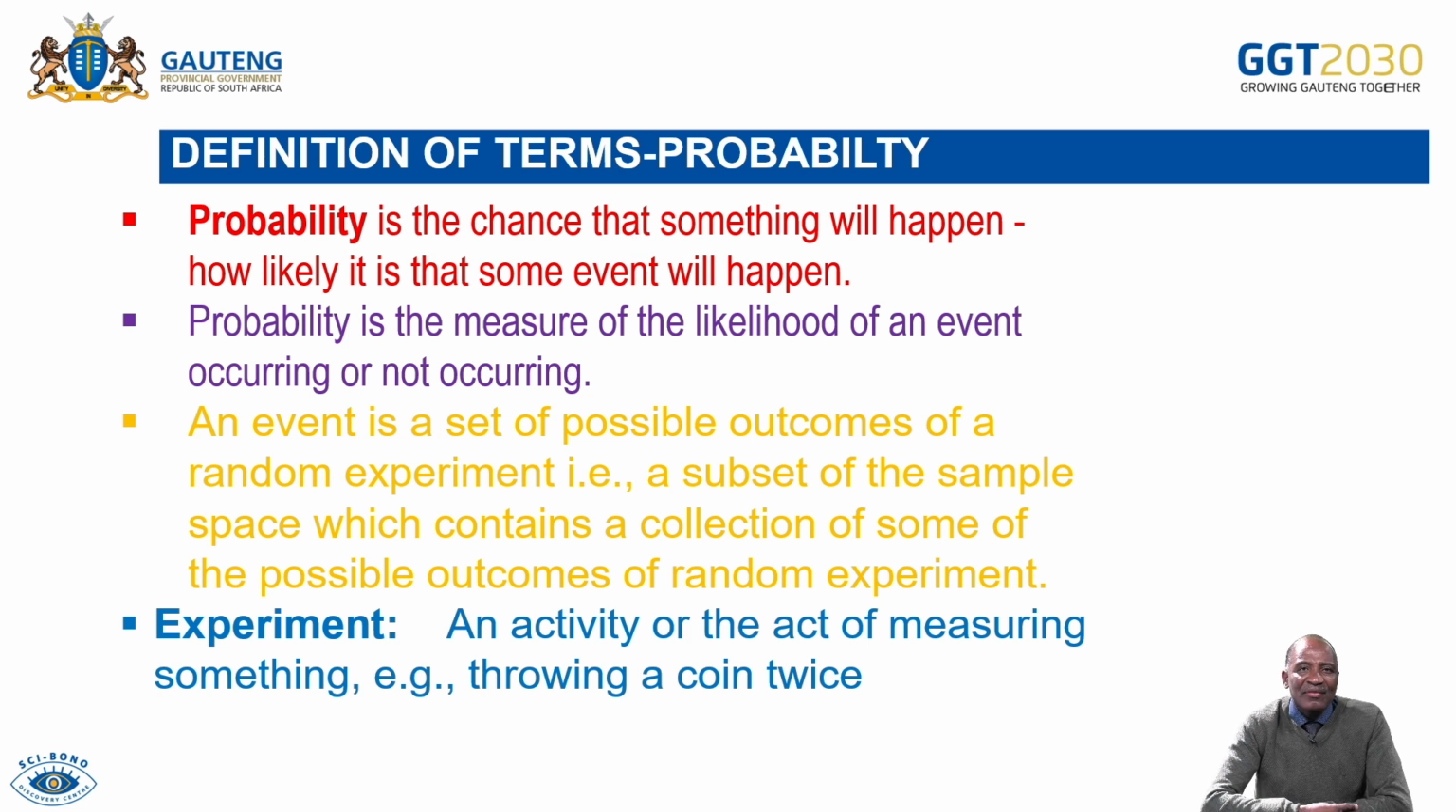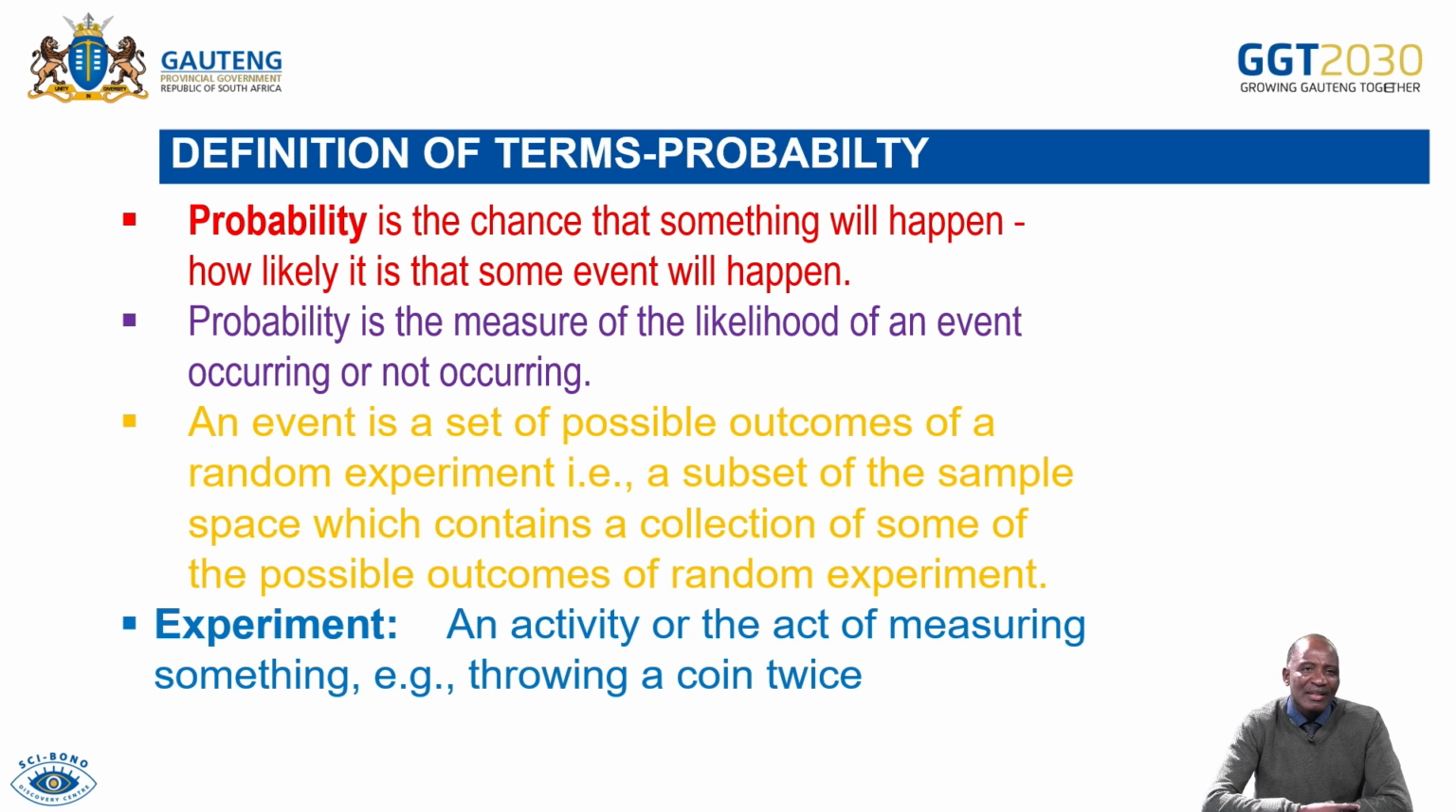Then what is an event? We have been mentioning dependent events, independent events. An event is a set of all possible outcomes of a random experiment. This experiment must not be predictable. Otherwise, if it's predictable, then it means you already know the outcome. Yet, events are happening randomly. Hence, we are saying an event is a set of all possible outcomes of a random experiment. That is a subset of the sample space which contains a collection of some of the possible outcomes of a